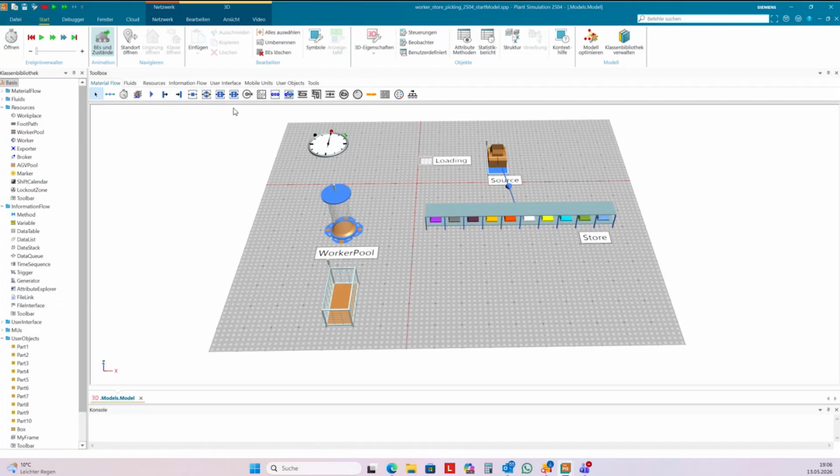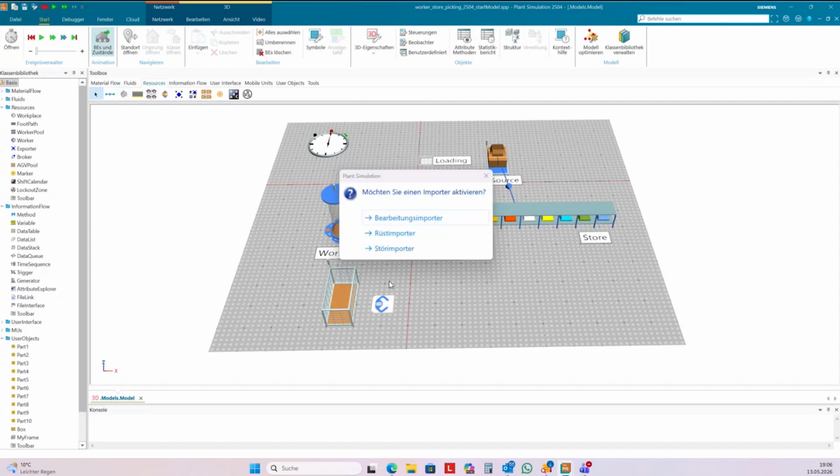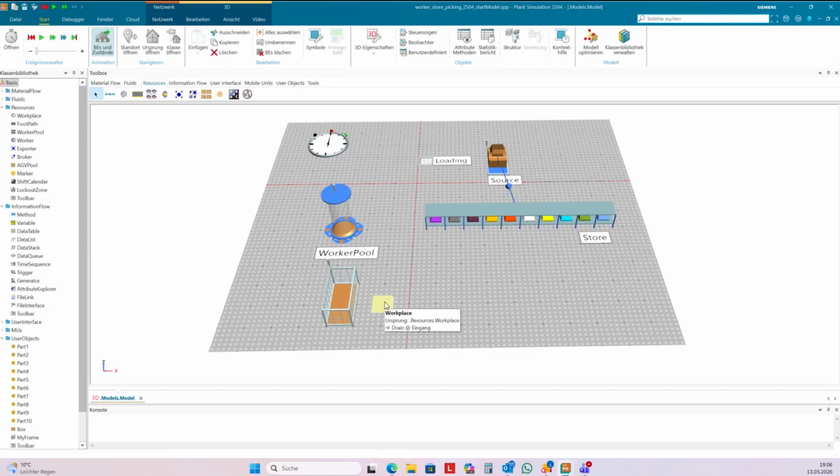And I need some workplaces. I need one workplace at the train, and I need 2 workplaces